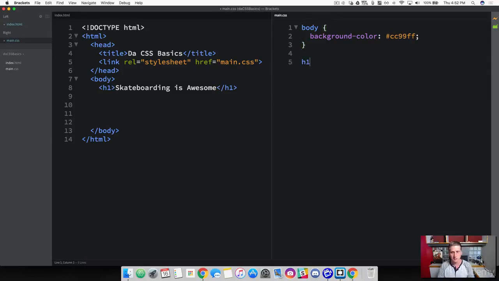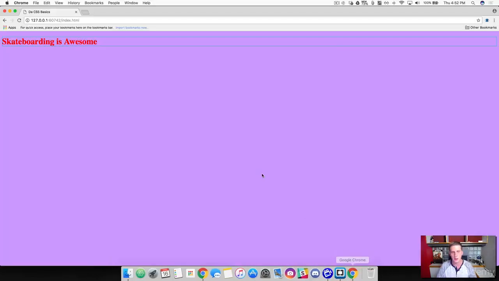So to grab the header tag, it's simply going to be h1, create your curly braces, open it up, and in this case, let's change the font color. So we're just typing in color, and then we can add whatever color we want to this, and I'm just going to type in red. Alright, you see there's a couple of different ways that we can use colors in CSS. So what I've done here is I've grabbed the header1 element, and I've given it a property and the value of red. So I'm going to go ahead and save that, come back to my preview here,